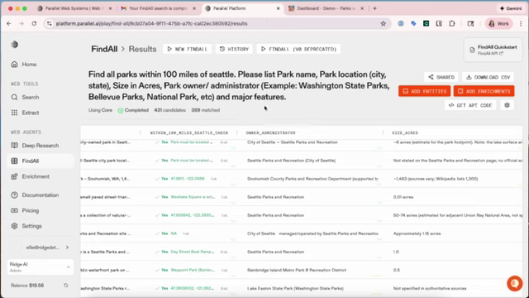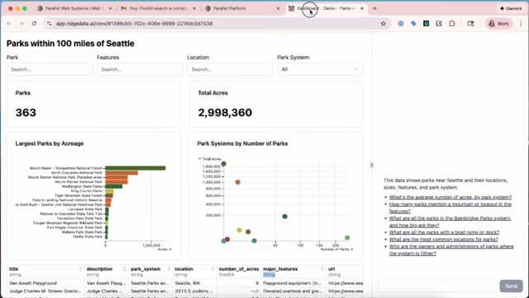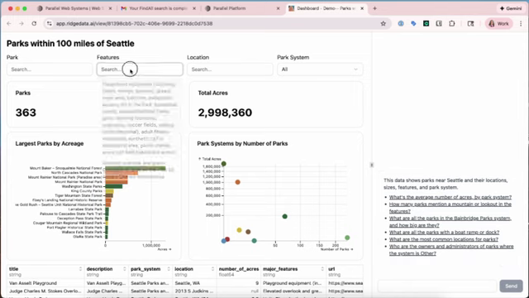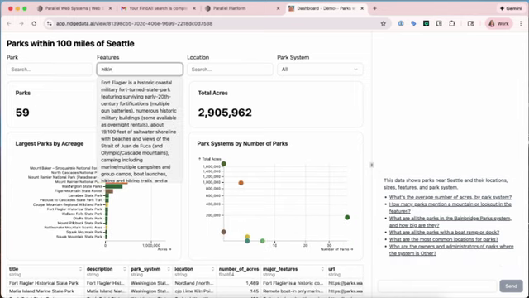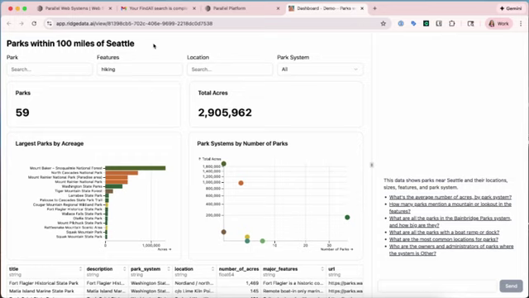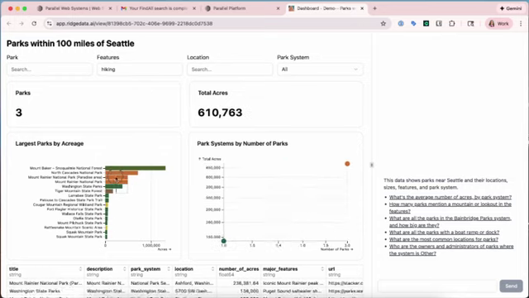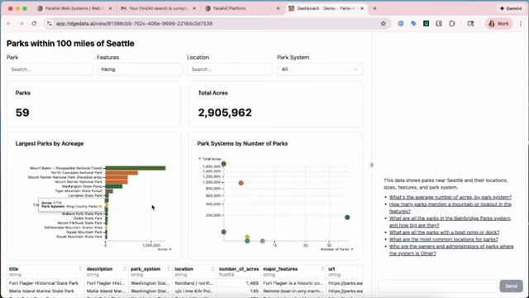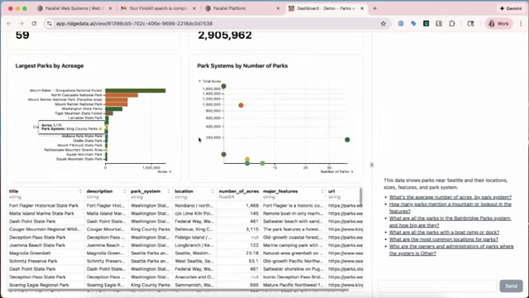So I downloaded it and created a Ridge, which gives me both the sense making of a dashboard and lets me explore with this data agent. And so one of the things I might want to do is look for all the hiking trails, and I can do that here. You can actually see how the different views interact here, so I can get details below